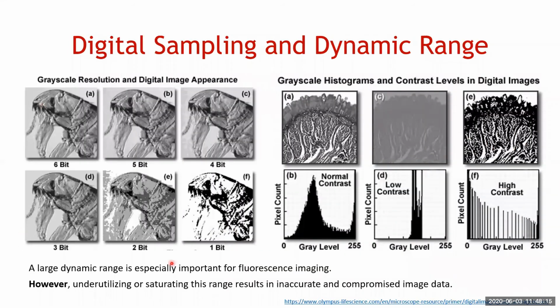To put this in real world examples, here you have a 1-bit image, so that's 2 to the power of 1 gray levels. You have black and you have white, so not very good. You start to increase your bit depth, and now you can see that the background starts to become background, and various features pop out of the image. So bit depth is important. Bit depth is hard-coded into the digitizer or the hardware, and bit depth is completely useless if you don't use it to its full potential,